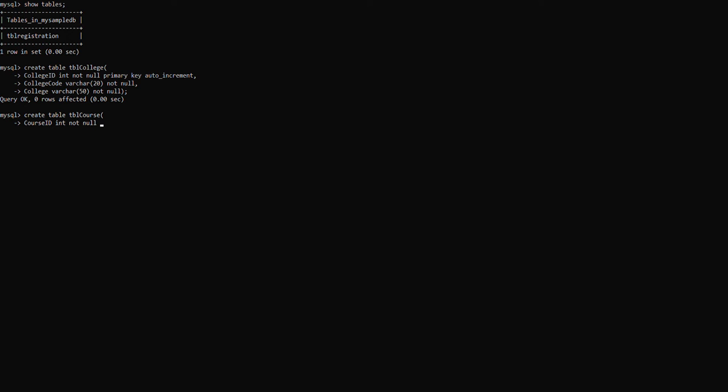Then we'll set this also as our primary key in this table, and also auto increment. The next line is the course code,